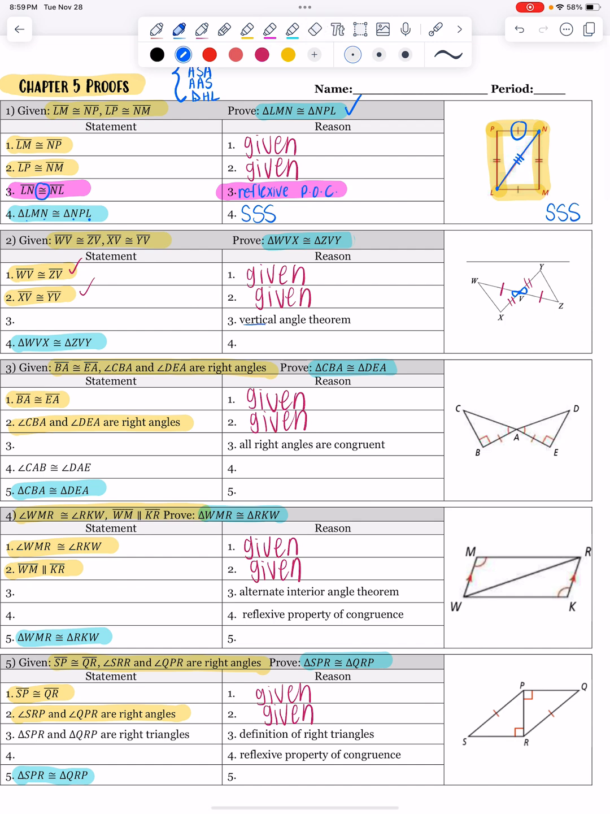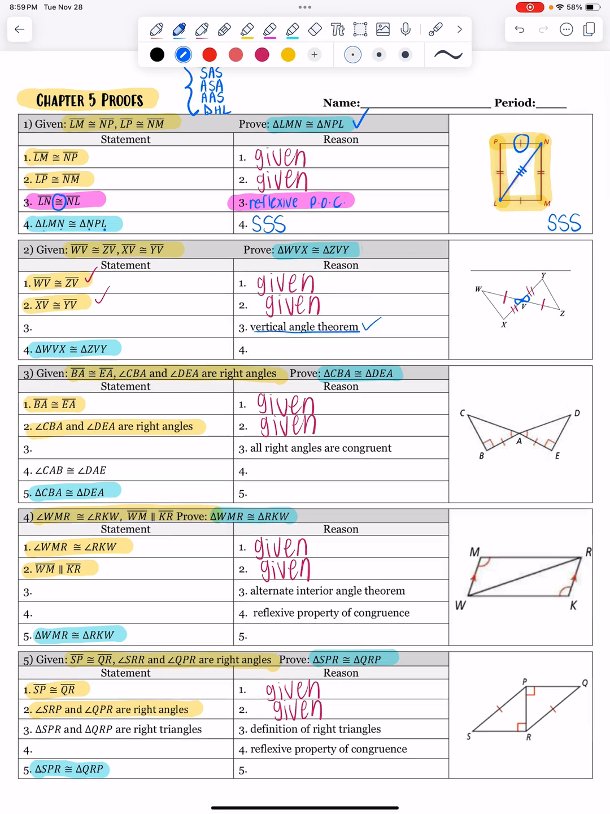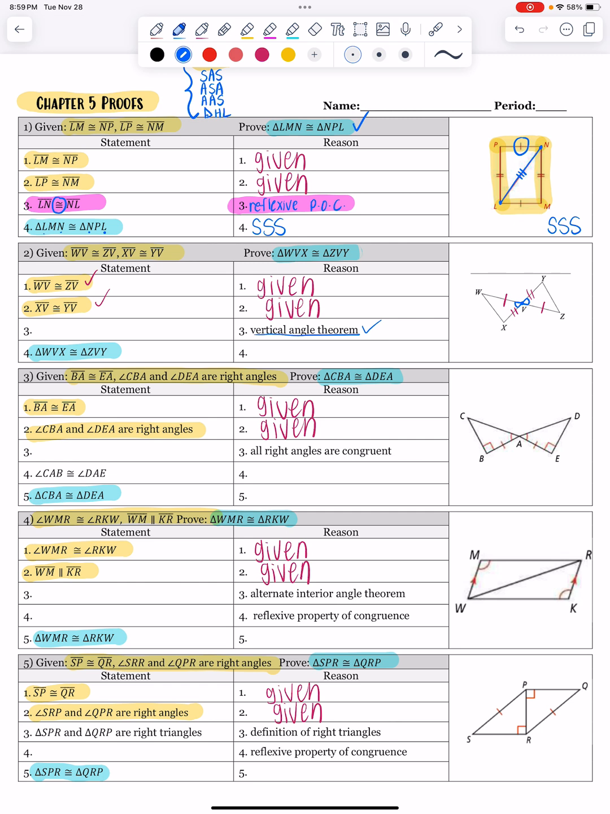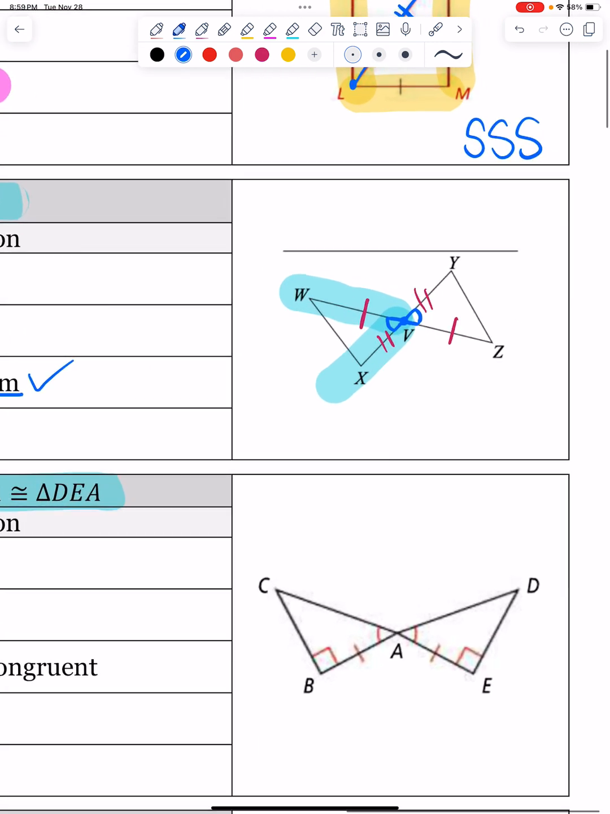And they actually kind of told you where to go here. The vertical angles theorem would allow me to say that these angles are congruent. And so when I name that, I do have to be careful, because if I name this angle WVY, or WVX, let's go ahead and write that down, WVX,